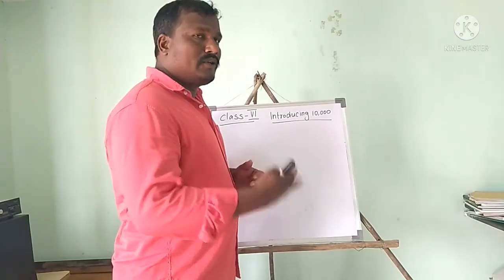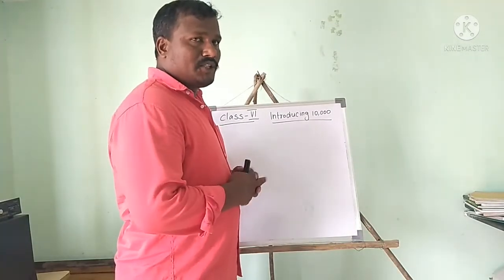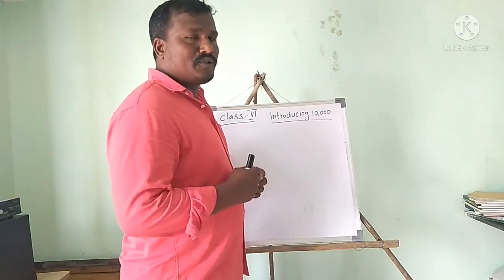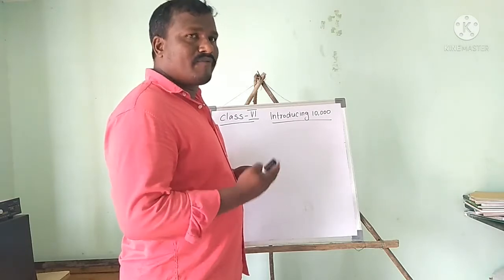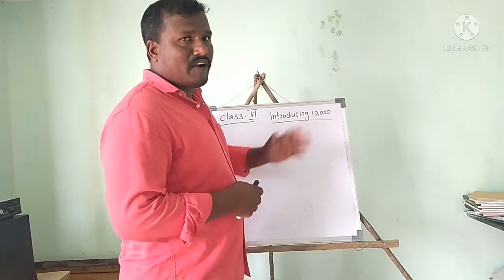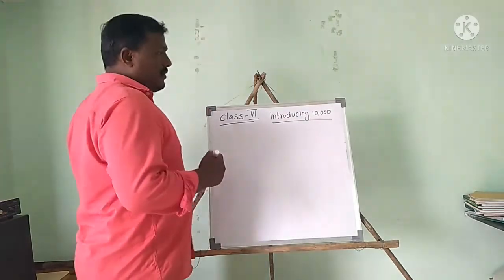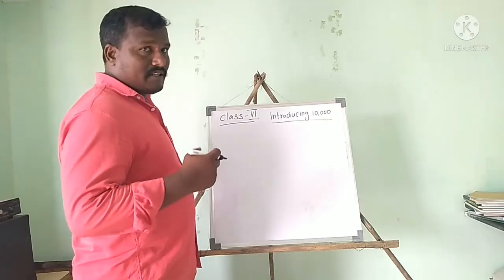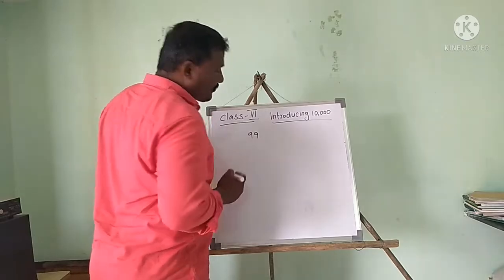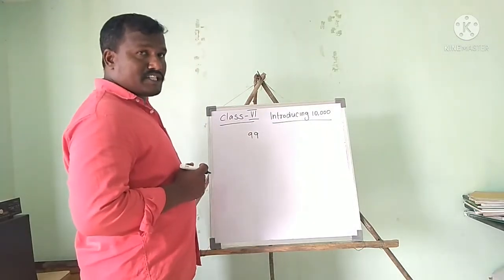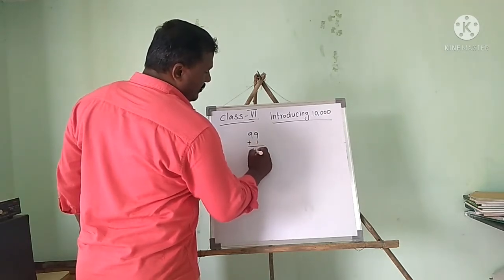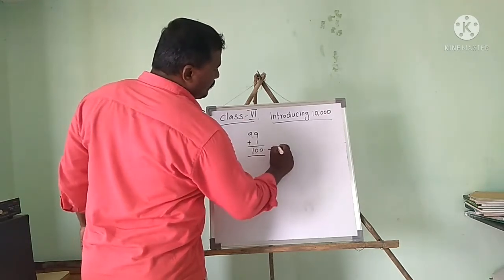Students, in our previous classes, 4th and 5th, you already learned the smallest 2-digit number, then the greatest 2-digit number, 3-digit number, 4-digit number and 5-digit number. Let me introduce 10,000. It's the smallest 5-digit number. So first we will take a glance. I will tell you the greatest 2-digit number, you know, 99. It's the greatest 2-digit number. If you add 1, you will get the smallest 3-digit number.